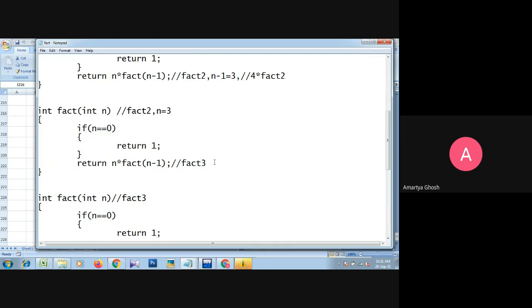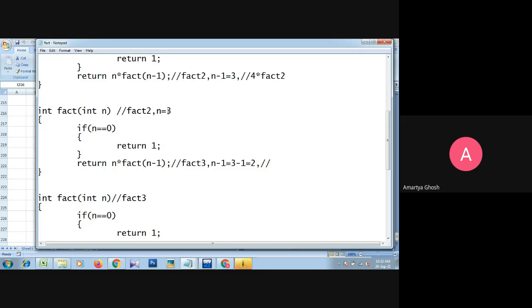So in fact function 3, we send the argument n minus 1, means 3 minus 1 equals 2. So in the fact3 function we are sending value 2, and this equation basically means n into, so what is the value of n?